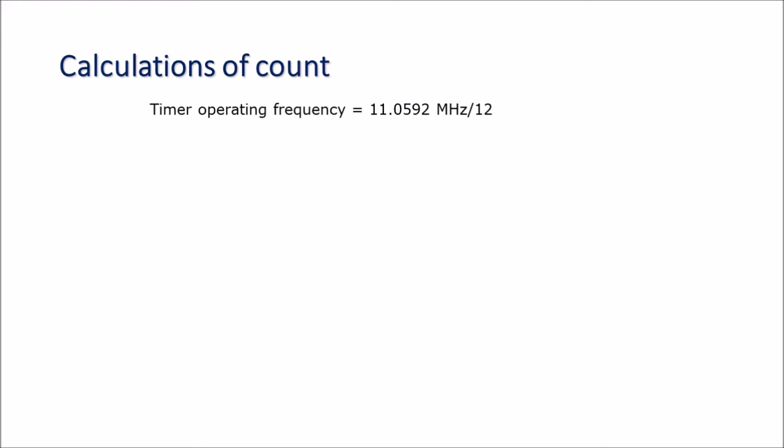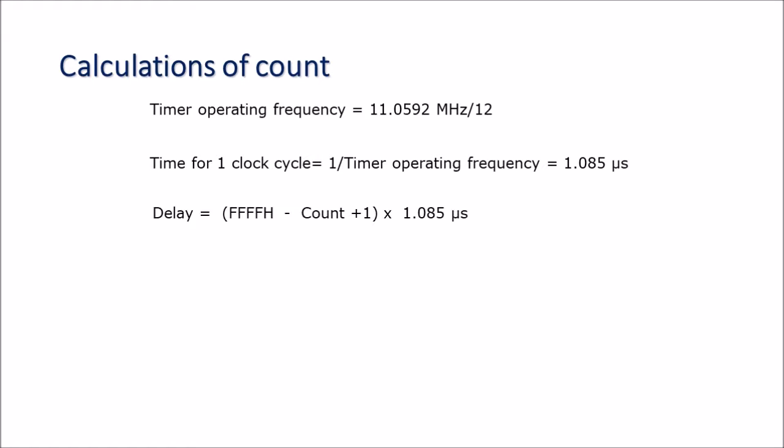So time for one clock cycle for timer operation is 1 divided by timer operating frequency. That will be equal to 1.085 microsecond. Now the formula for delay calculation is delay equal to FFFFH minus count plus 1,